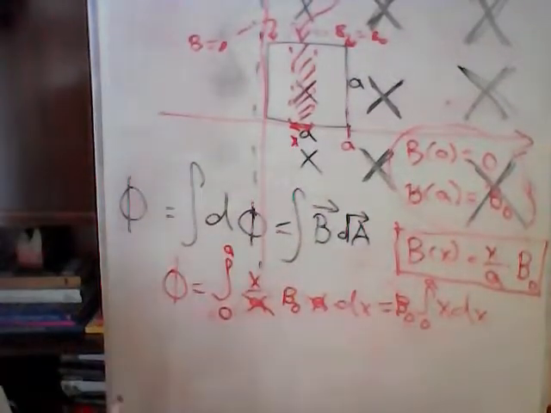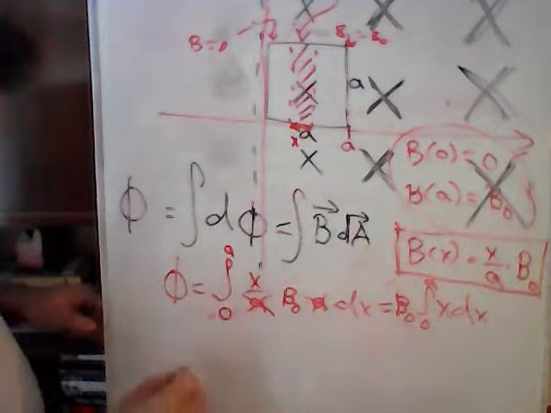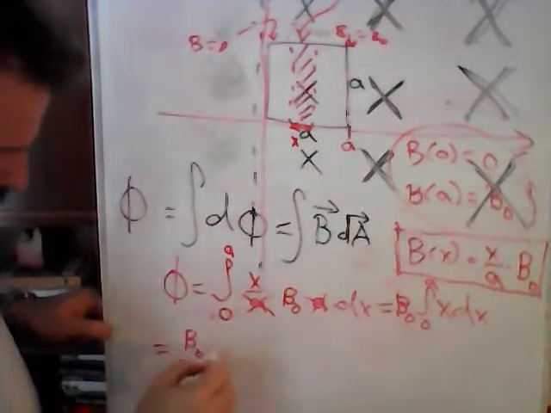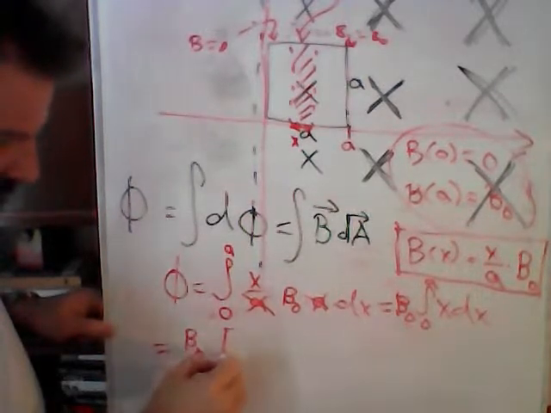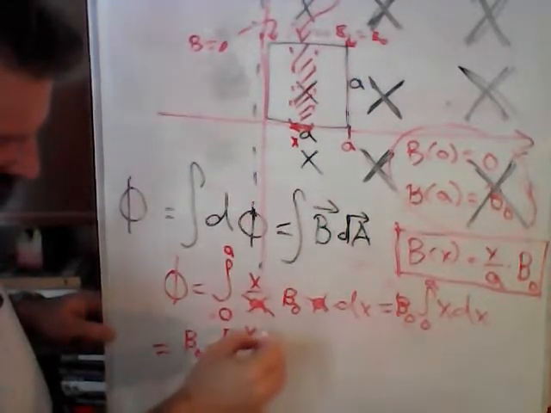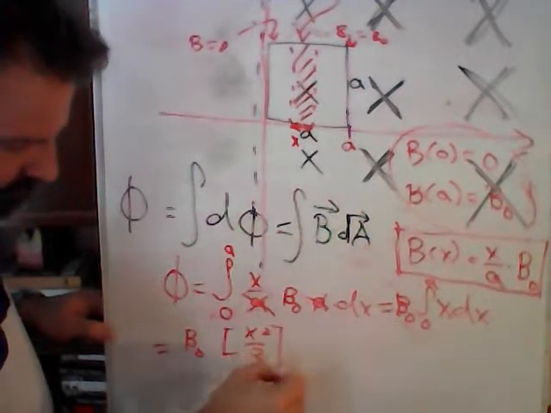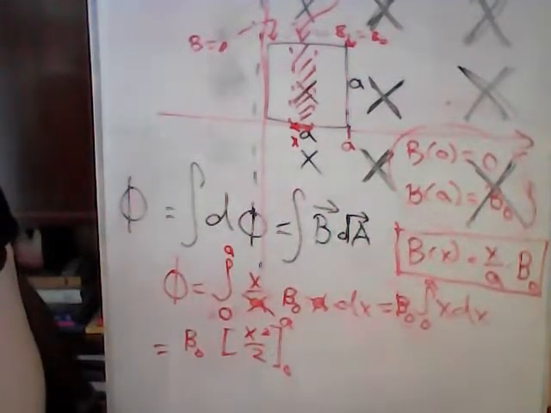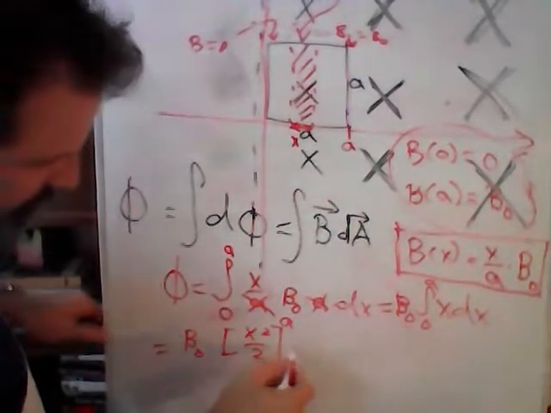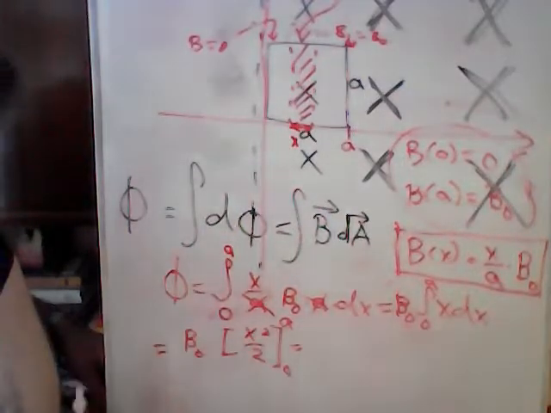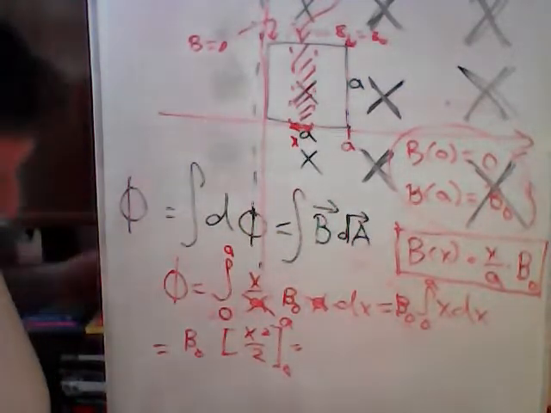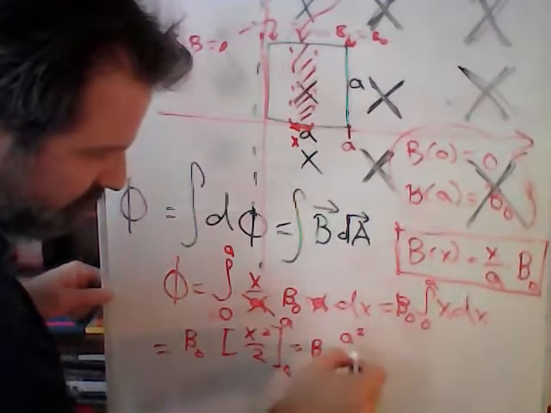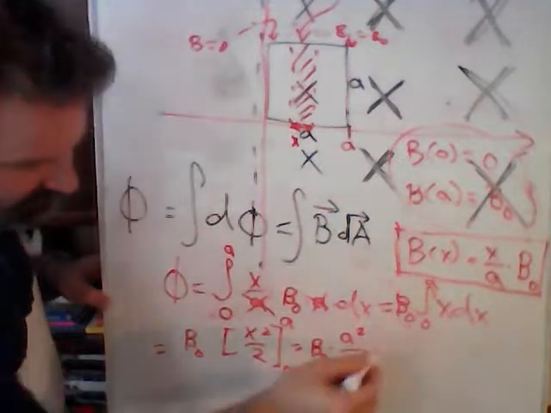To get that integral, we're going to say this is equal to B0 still up front. Then we do our integral sign. We're just integrating x, so that will be x squared over 2. And our integration limits are 0 to a. Then we can plug in a, and we get a squared over 2. Plugging in 0 gets 0. So we get B0 times a squared divided by 2 as our flux